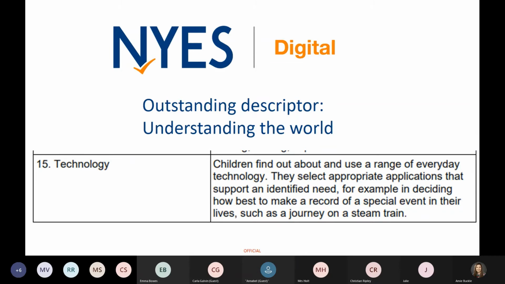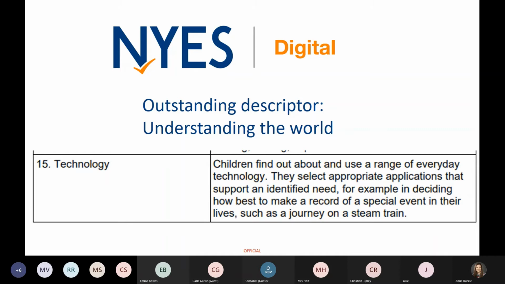So this technology descriptor for understanding the world in full is bridging from the play and the fake experience, if you will, and the developmental experience using toys and replicas of real things into using real things, or at least selecting which real things to do. One focus I like to have on this is considering actually the experience here, the journey on a steam train,